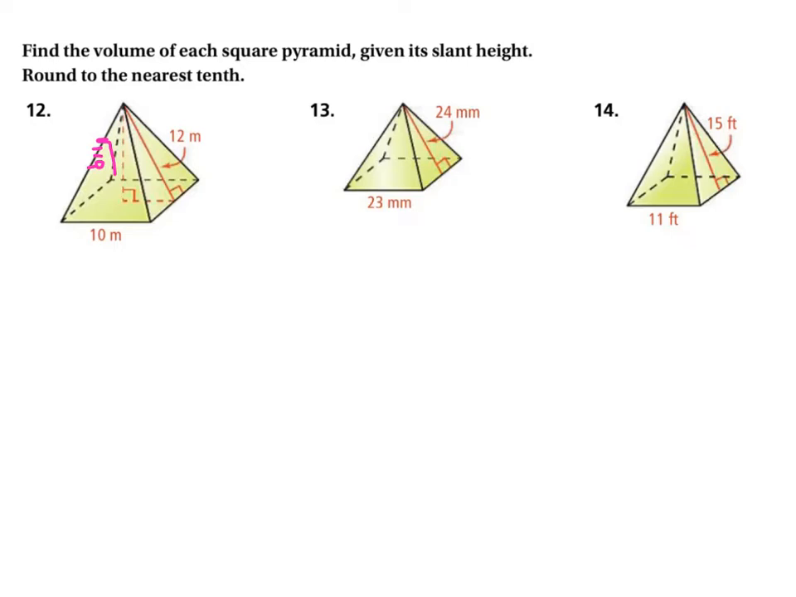So our calculations can then be the volume equals 1/3 of length times width, which is 10 times 10, times the height, which is the square root of 119. Okay, and let's type that in the calculator, see what we get. What we get is volume is approximately equal to